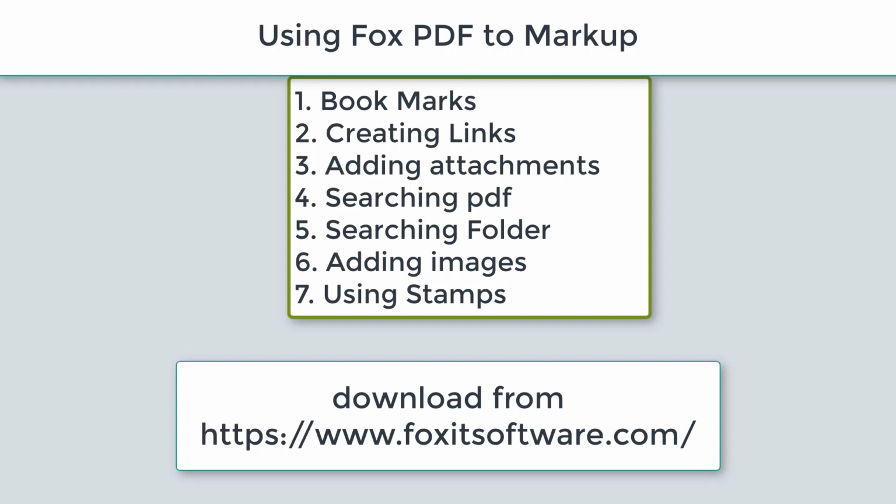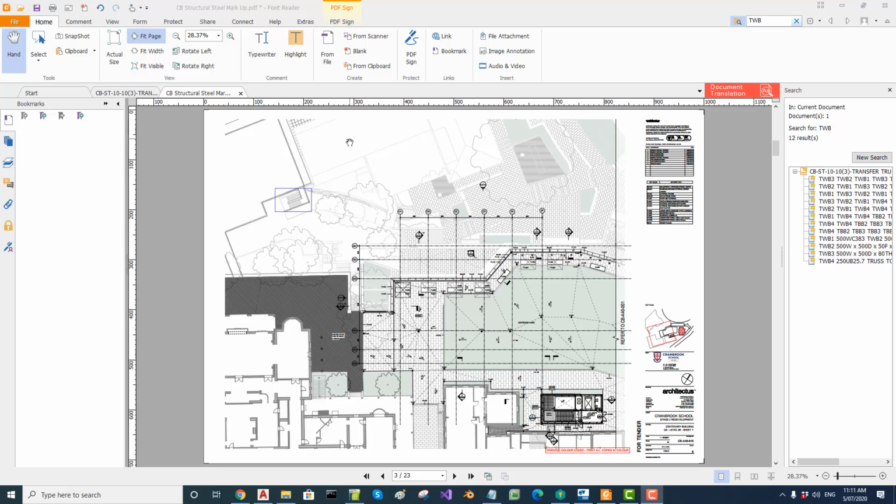In this video, we are going to look at some features of Foxit PDF for editing, marking up and looking up. You can download Foxit PDF from foxitsoftware.com. There is a free version and then there is a paid version. We are talking only about the free version here, which is feature rich and is useful for many things we have to do. To bookmark, what we do is we open a page and then we click this button here,